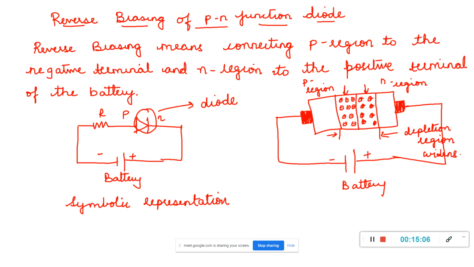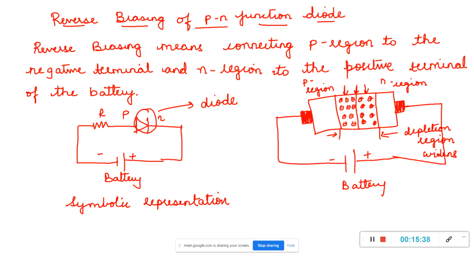So here we can see the operation. Whenever the PN junction is reverse biased, the negative terminal attracts the holes. Here you can see, this is the P and this is N and this is the junction. The negative terminal attracts the holes in the P region away from the junction,